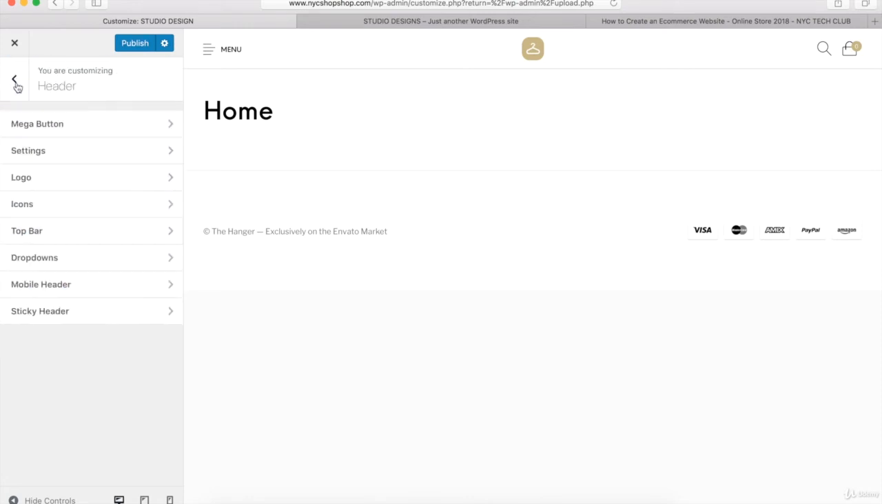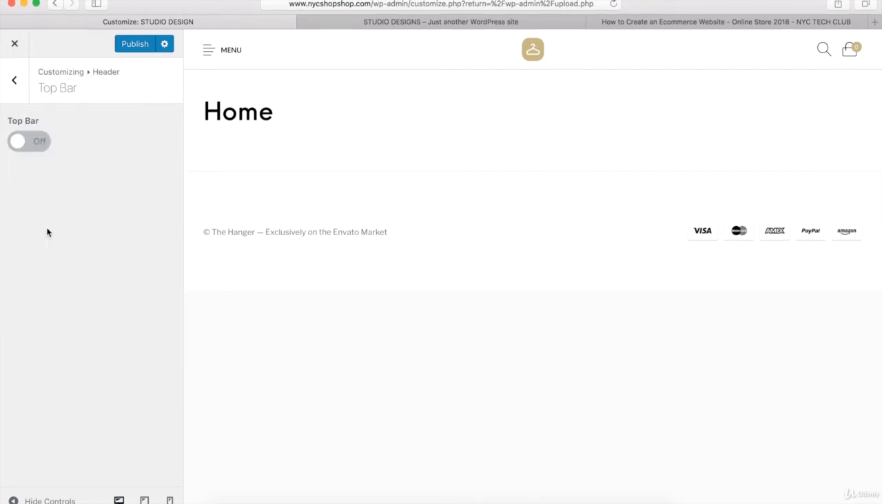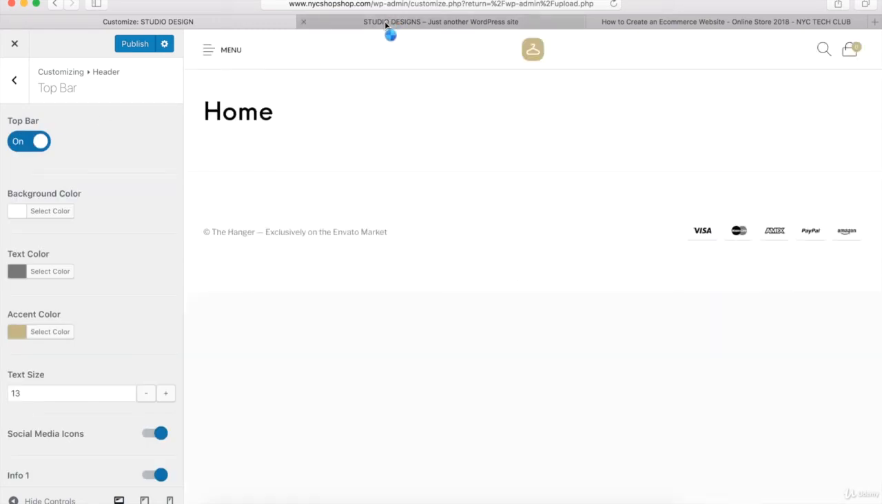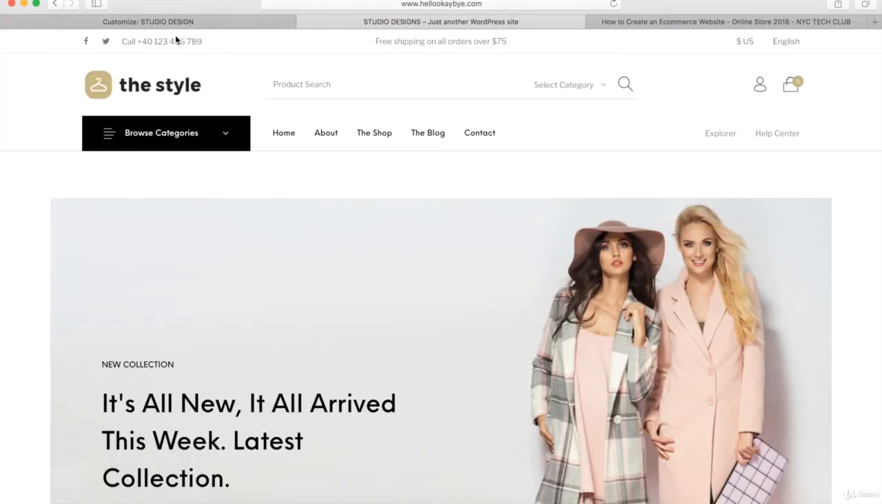Okay, so we're not going to make any changes right there right now. And what I want to do is go to the top bar tab. And what I want to do here is turn on the top bar. So I'll click to turn that on, and you can see on the demo e-commerce website that this is the